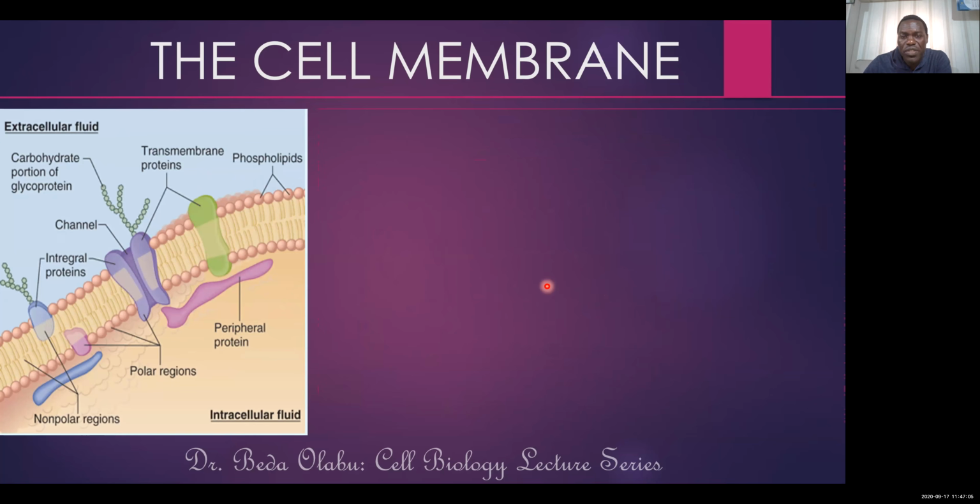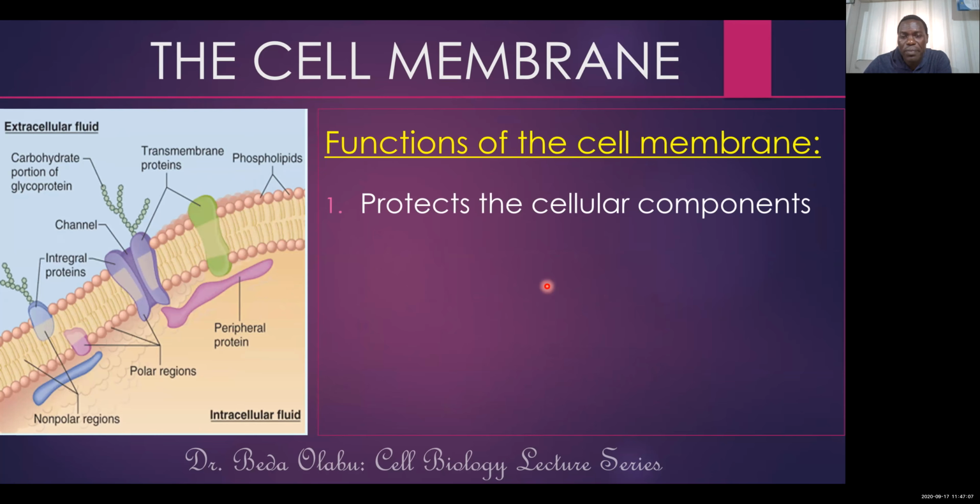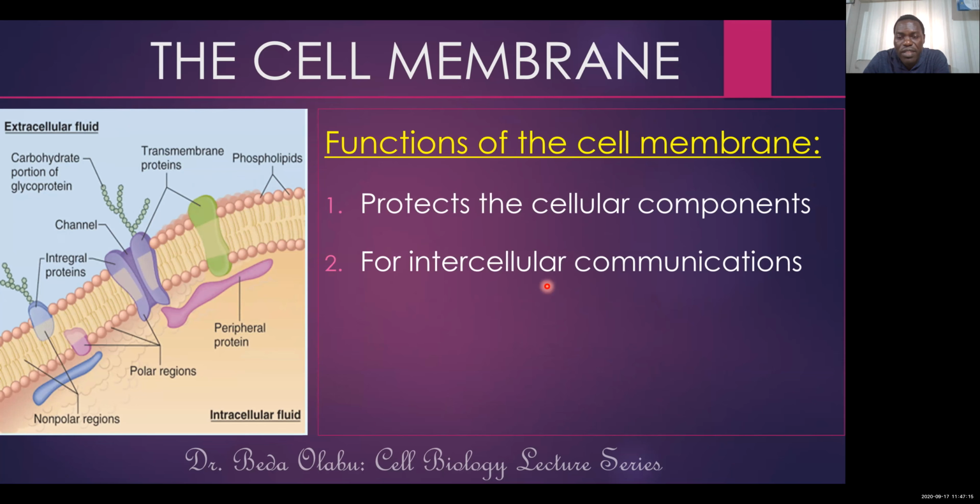So what are the functions of the cell membrane? We can say that the cell membrane protects the components of the cell. We can also say that the cell membrane is important for communication. One cell can communicate with another cell in the body. Such communications can be facilitated by their cell membranes, and especially